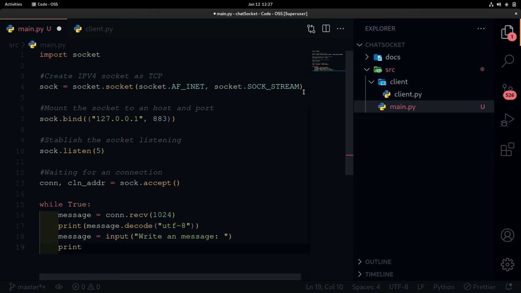Let's send the message first, and after we print that.